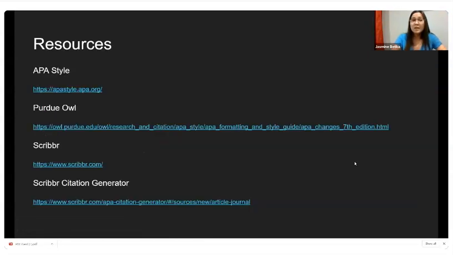There's also a ton of available resources online. You also have to make sure that's a credible, good source. So here I've listed some available resources for you to check out. There's the apastyle.apa.org, and this takes a lot of information from the actual publication manual. There's also Purdue OWL, which has a ton of information on citations for APA, MLA, Chicago, whatever you could look for. And Scribbr, which is where I actually got how to do those citations. Scribbr is a great source, and they also have a citation generator. But like I said, if you're going to use a generator, always make sure that you're checking to make sure that it's actually being